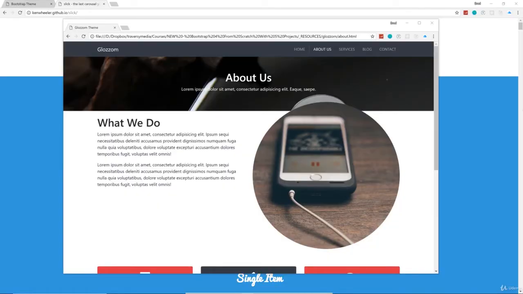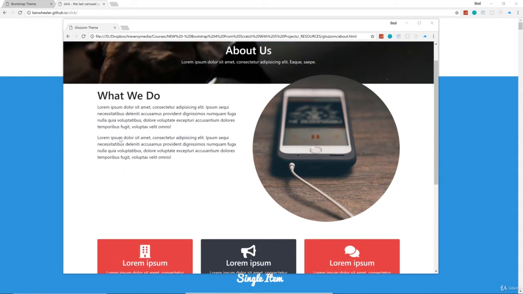Alright guys, so now we're going to start on another page of this theme. We finished the index page. Now we're going to move to the about page, and this is what it's going to look like. Basically the inner pages will have this little header area, and the about page will have this text